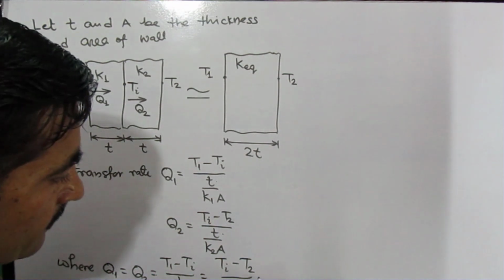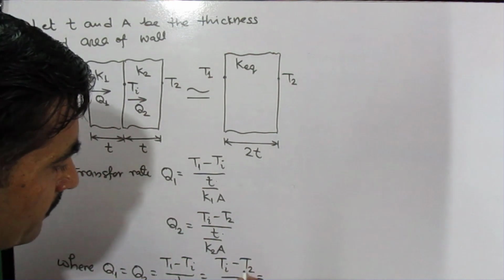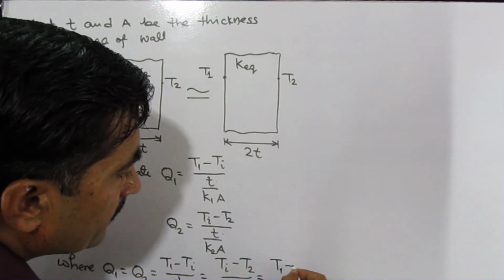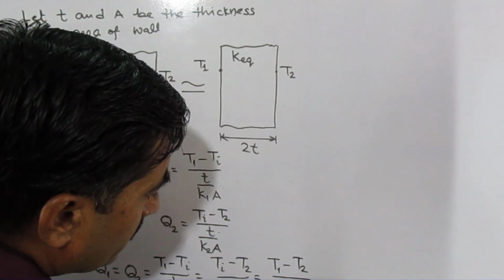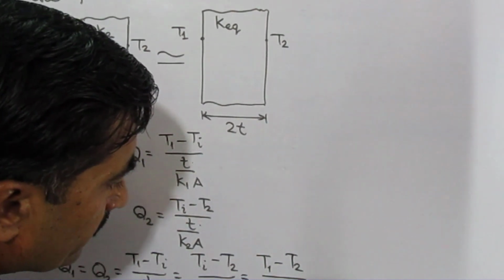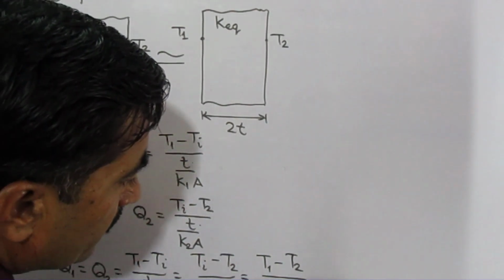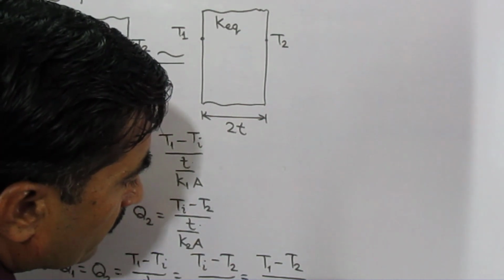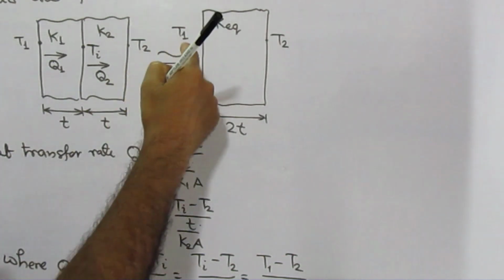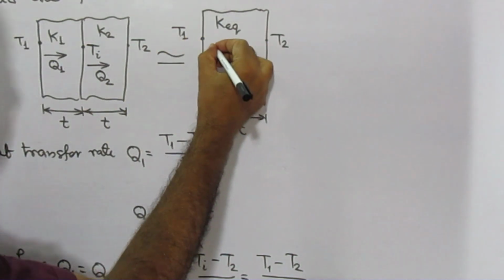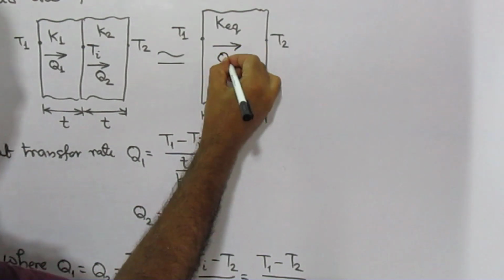And it can be written T1 minus T2 upon T upon K1A plus T upon K2A. Ti cancels out, and from this equivalent slab